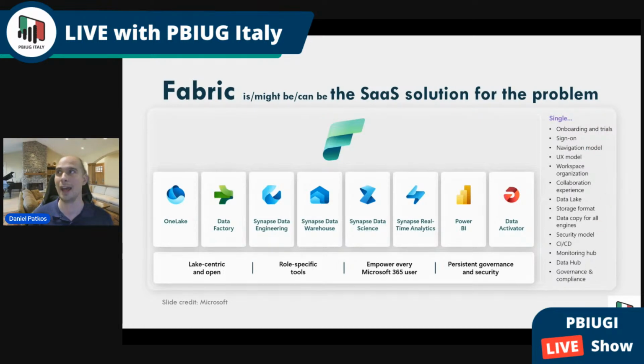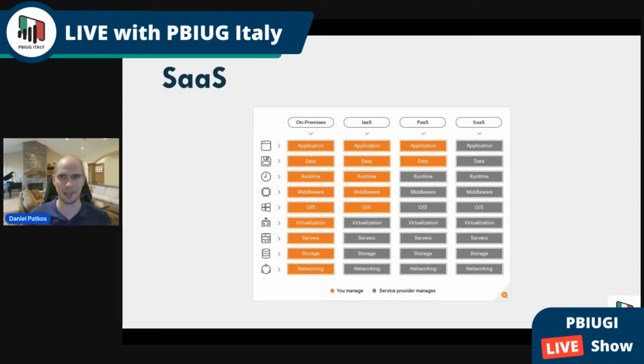If you ever used the Power BI service, then Fabric's UI is going to be very, very familiar. So we have everything combined. Fabric is a one solution for all of your problems, according to Microsoft,